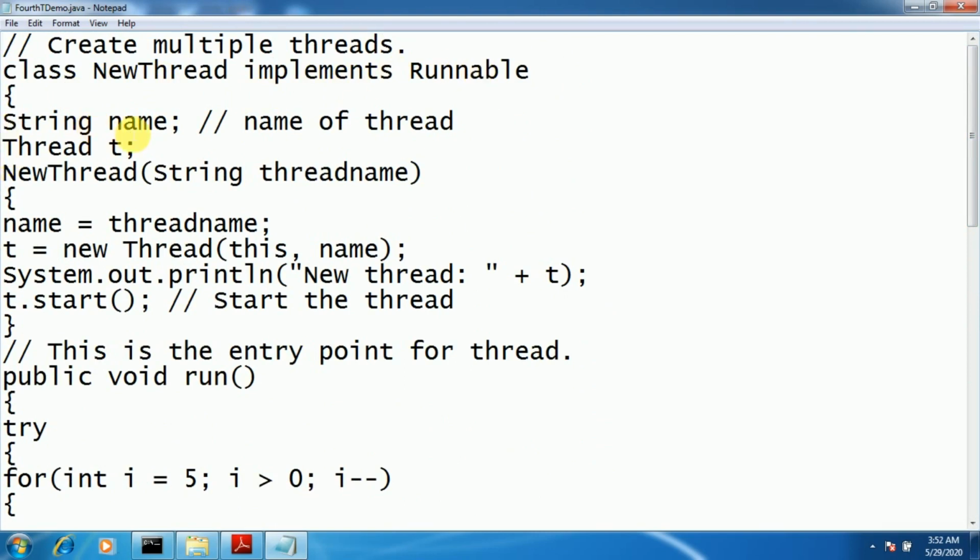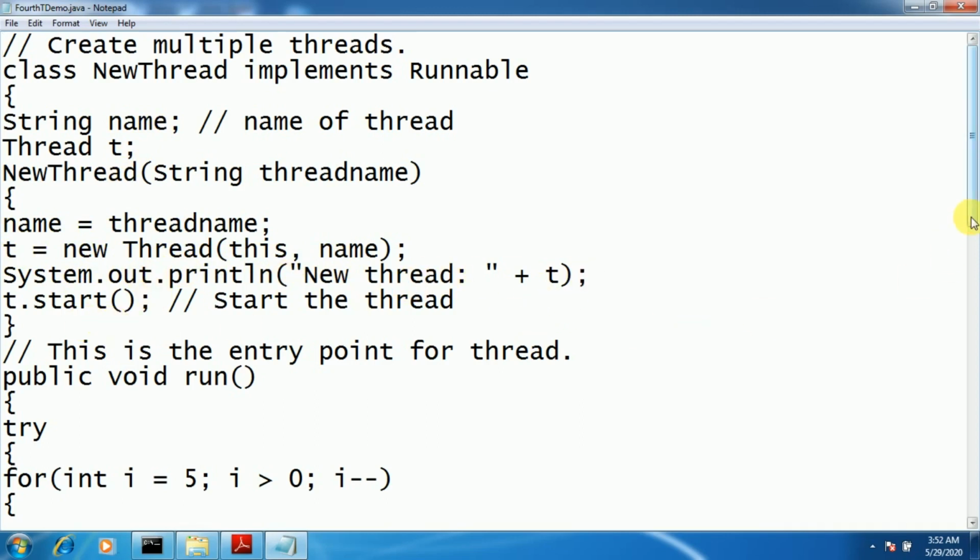Then we have taken 2 fields, one is a string, another is of type Thread. To assign the name of the thread, we have taken name and t, in which we will be storing the thread information. Name equals thread name, t equals new Thread(this, name), then display the new thread information and start its execution.